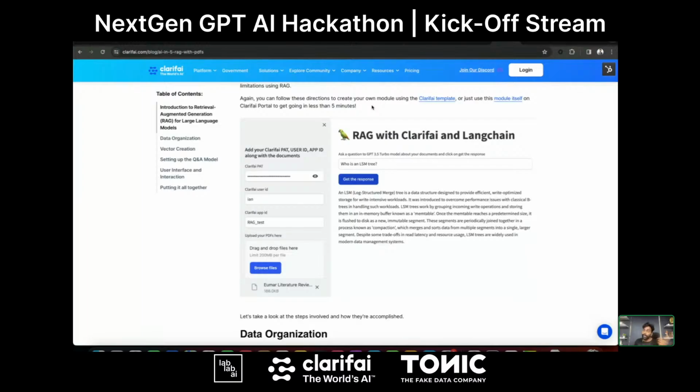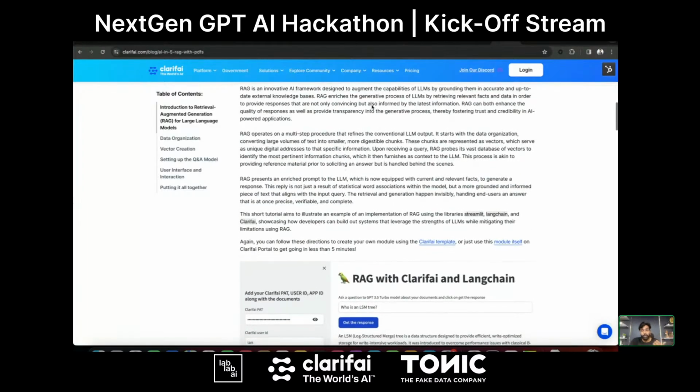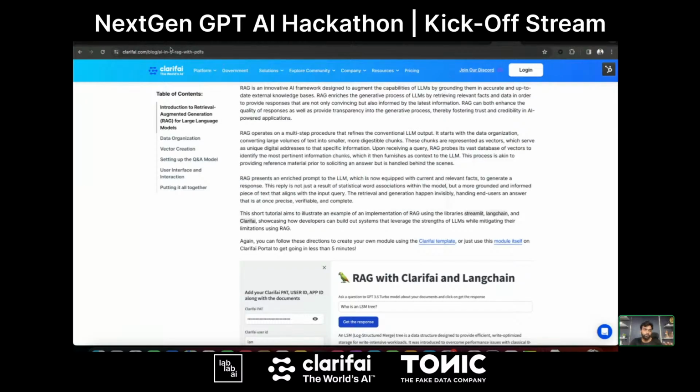You can build RAG applications using Clarifai, and we have integration with LangChain as well. To explore this for your project, go to clarifai.com/blog, where we have a blog called AI in Fact 5, RAG with PDFs. You can check it out and come up with a use case for building RAG applications using Clarifai's LLMs, embedding models, and vector store.